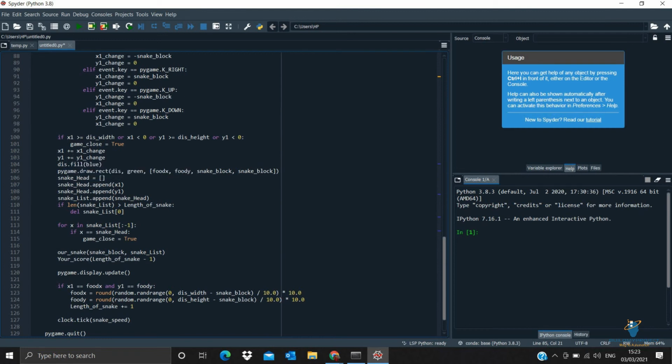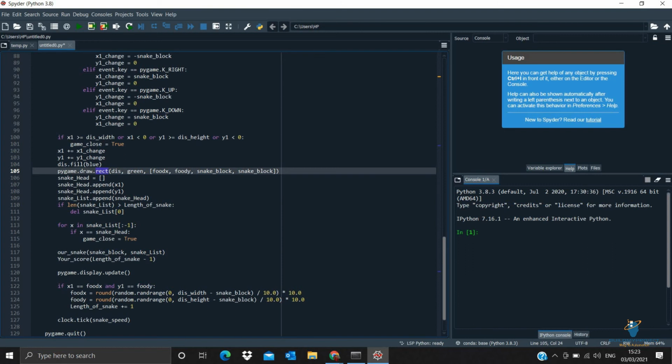So what you are doing, we are just incrementing the change for the x variable, and same for the y variable. And we want it to be filled with a blue color, so we are using a blue color. And then we are trying to make the display, where you will be playing and where your snake will move, with the help of a rectangle, so that it comes in a rectangle shape.